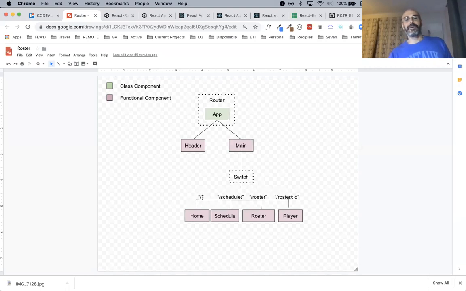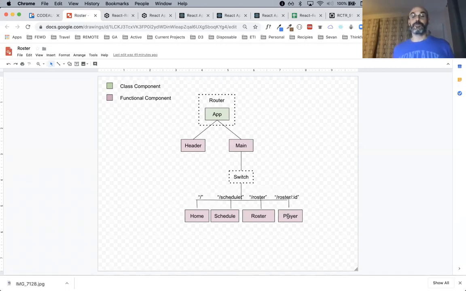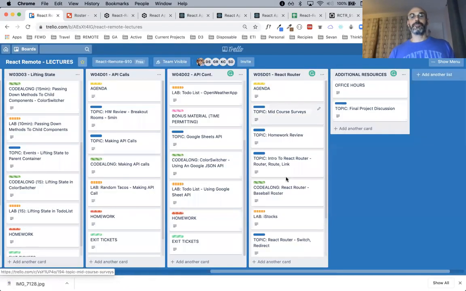And then I have here what looks like specific routes that are going to render specific components. And this is what we're looking to build out, okay? So let's see if we can start building this out, okay? So let me go here. I'm just going to open up.